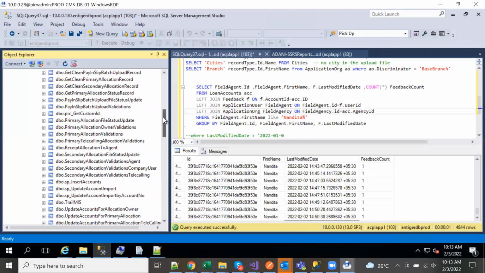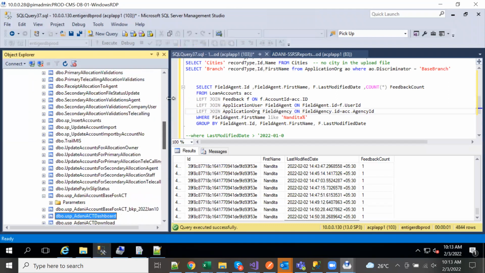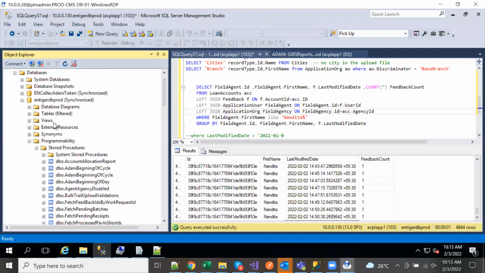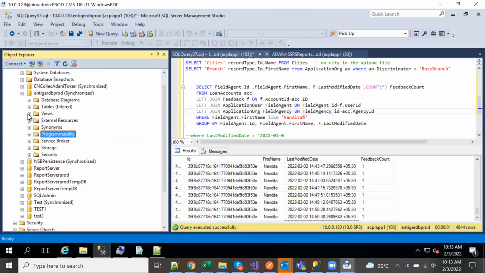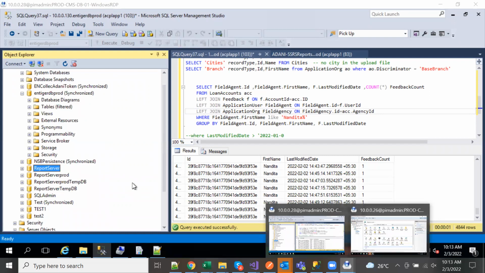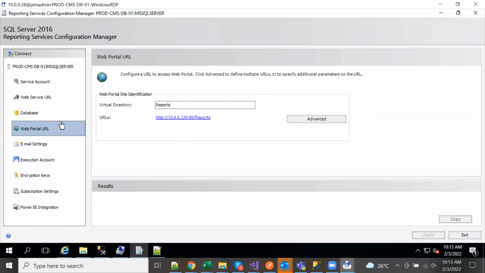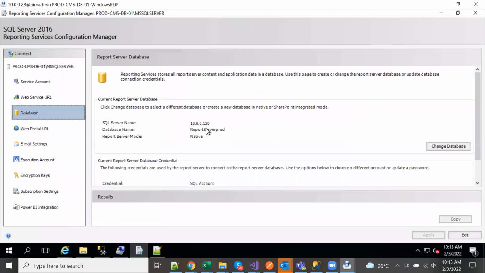So wherever your reporting server is there, you'll have the database and the reporting server. And here also it will show where the database is and where the reporting server is, right? So it will point to the same database.